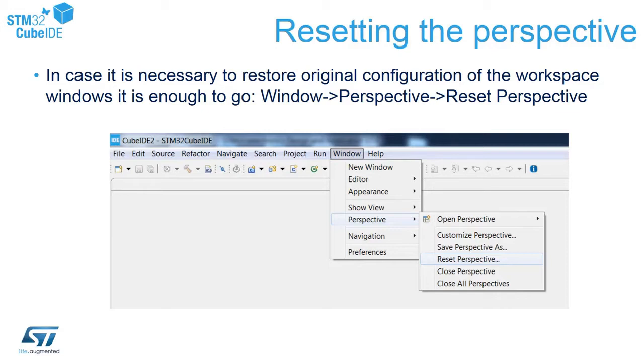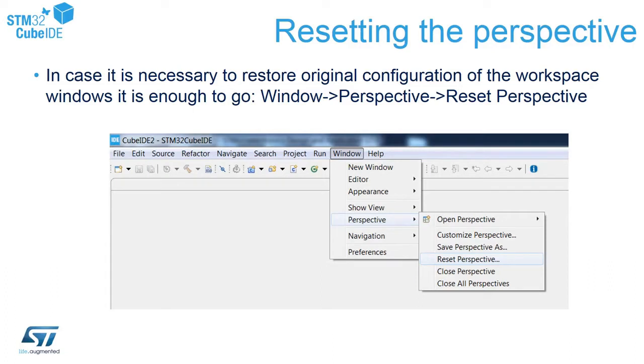The first one is device configuration, which is, in fact, based on STM32CubeMX device configurator. The second one is C/C++ perspective, which is used for code development, its compilation, its build. And the third one is a debug configuration, which is used for debug purposes.